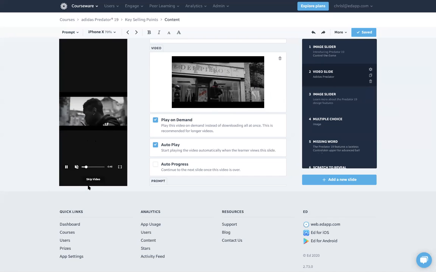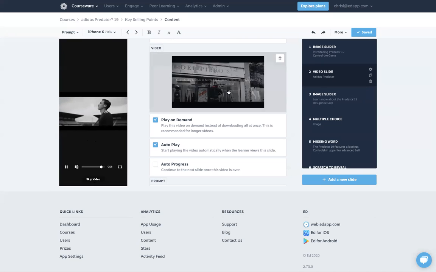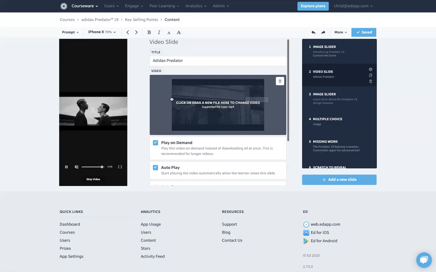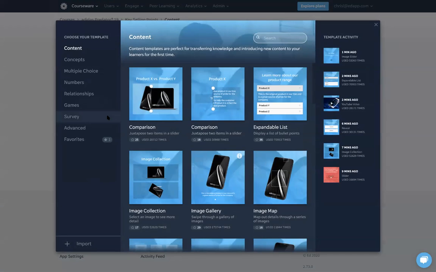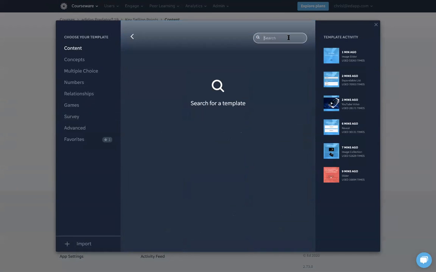They can, if you give them the option, skip through. They can change the volume. They can go full screen. All of this is achievable with that video file that you put right into this lesson. No extra effort necessary. Of course, if you didn't have any videos readily available, using a video template, you can